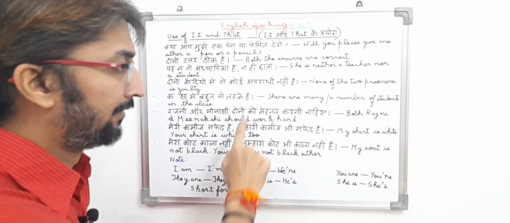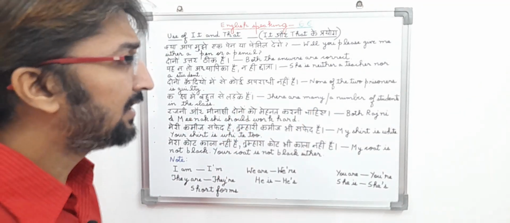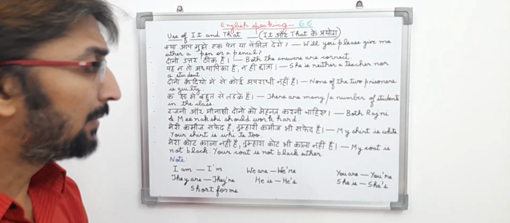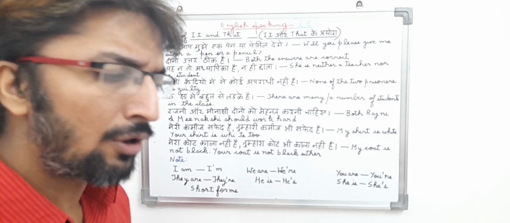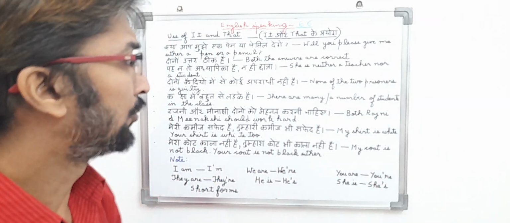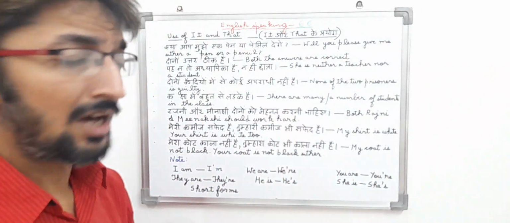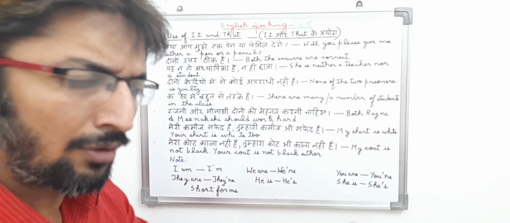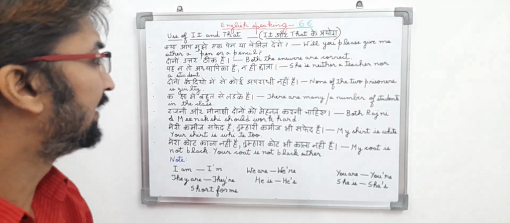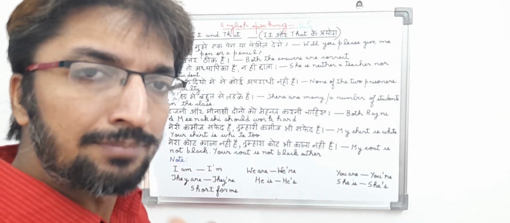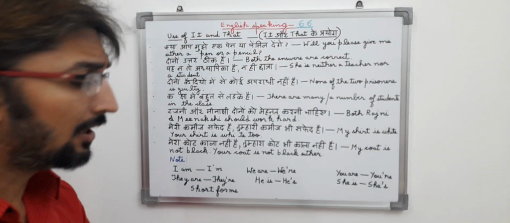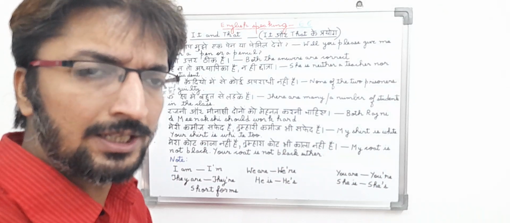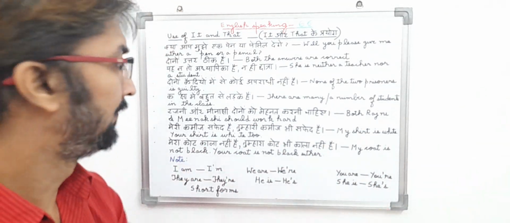कक्षा में बहुत से लड़के हैं. So in English it means there are many, a number of students in the class. The sentence basically means कक्षा में बहुत से लड़के हैं, means there is a class in which there are many students. So in English it means there are many, बहुत सारे, a number of students in the class. So friends, basically it is a present type sentence, and here you can see they are mentioning the quantity of the students in the class. So it is a confirmation type sentence and it is a miscellaneous type sentence.